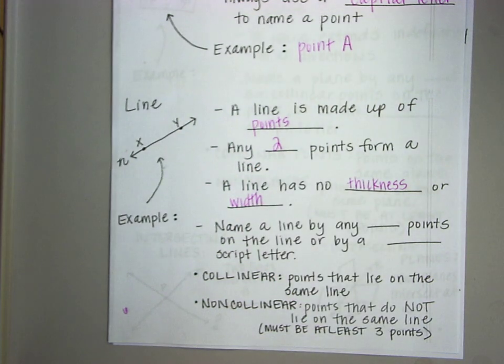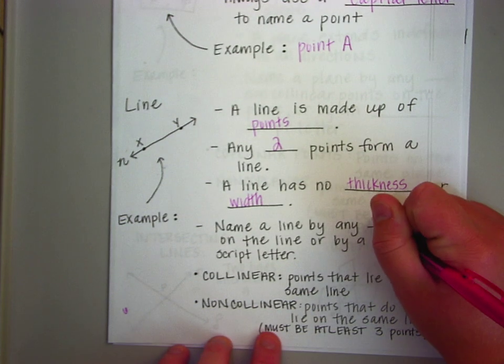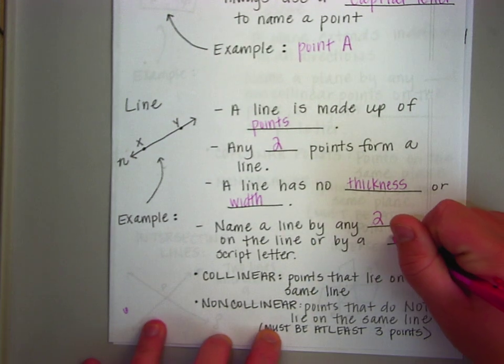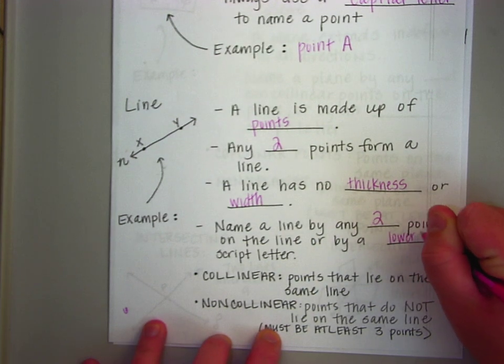So it doesn't matter how thick you draw it, it has no thickness. You name a line by any 2 points on that line or by a lowercase